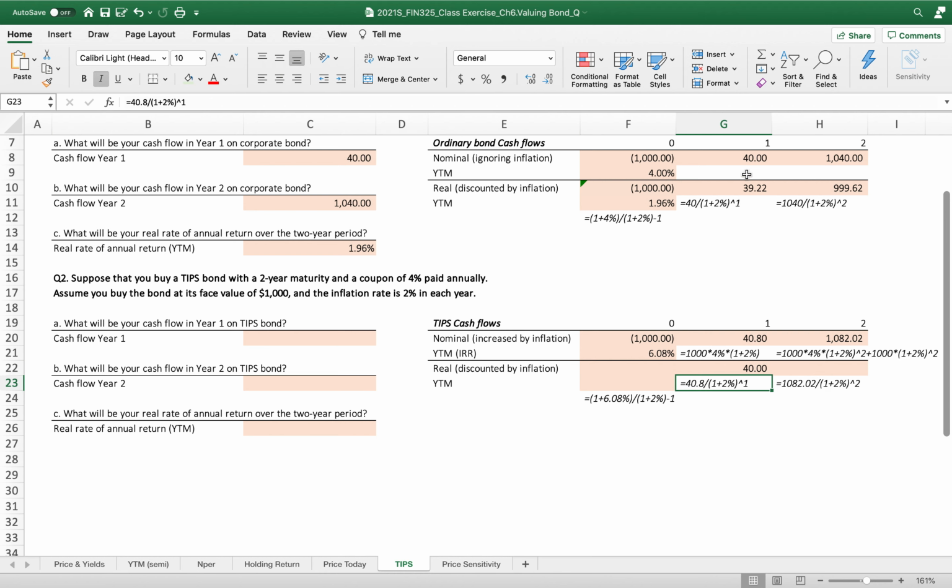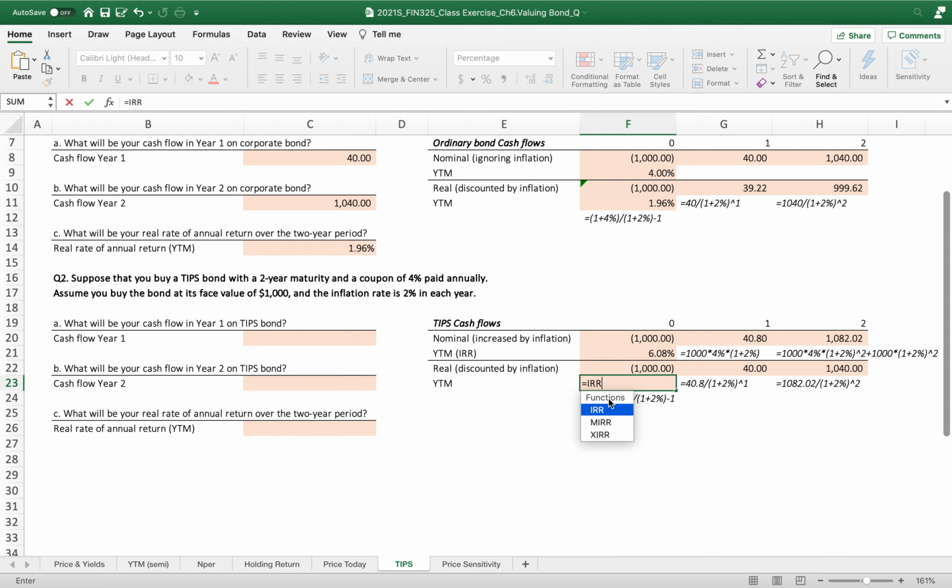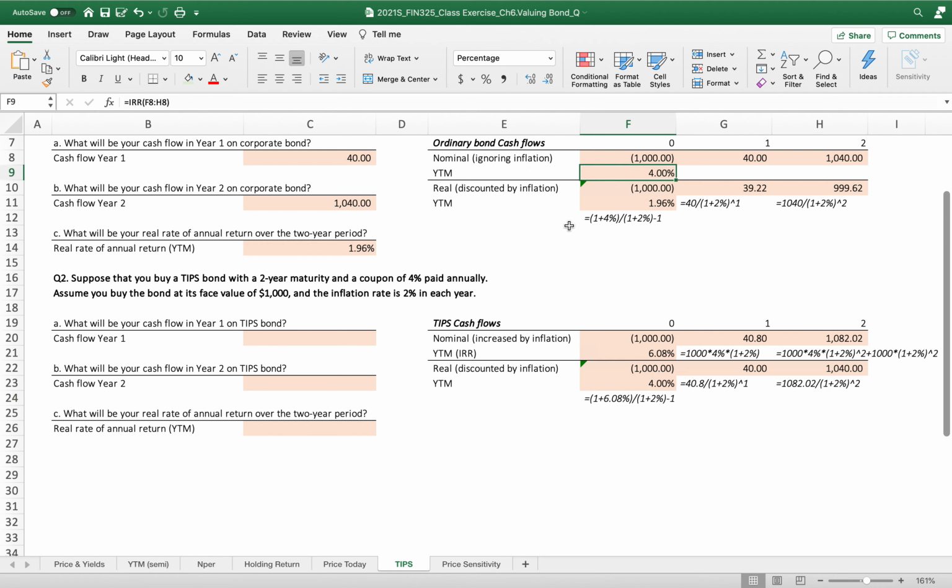So we got $40. We returned just $40. We also returned this number to $1,040, right? And then this amount is the same. The YTM calculated by this IRR must be 4%, which is exactly the same as the nominal YTM in the ordinary bond. Okay. So the cash flow in year 1 of this TIPS bond is $40.8, and then the cash flow in year 2 is